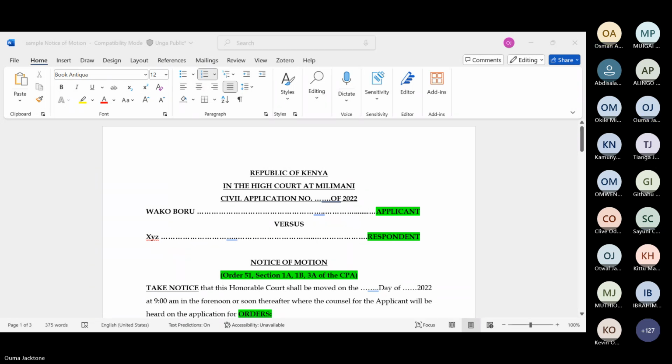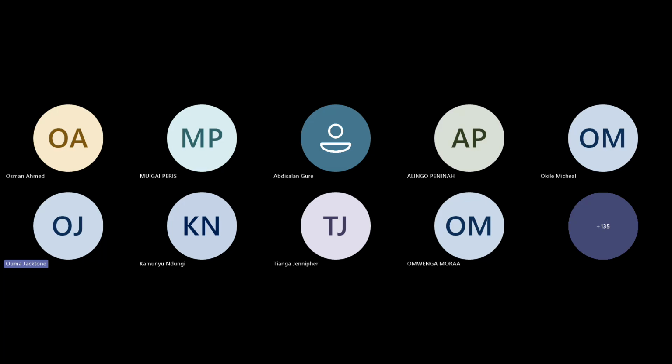All right, so let us go to orders of commission. Orders of commission are provided for under Order 28. So again, the same test that we've been using all the time. What is an order of commission? When or why do we get an order of commission? And then how do we get an order of commission? And then of course, the grounds, which will be informed by when and why.